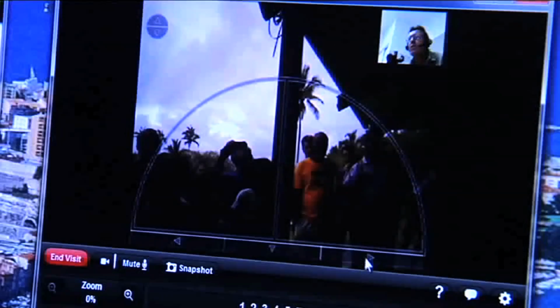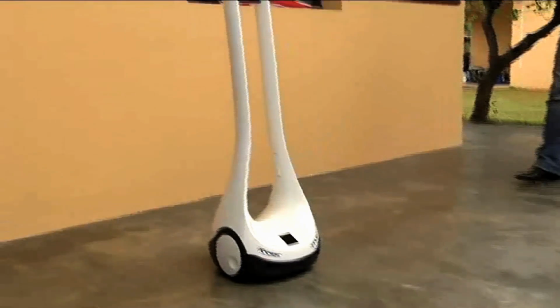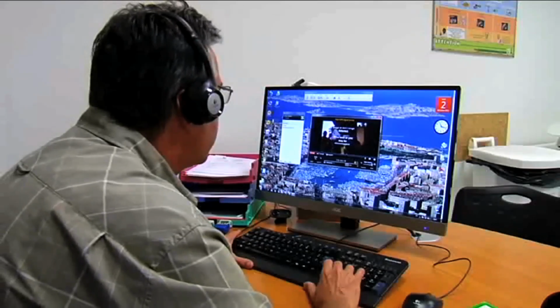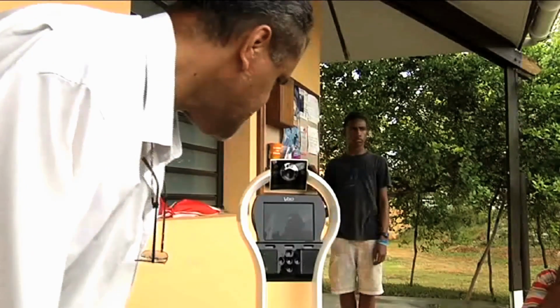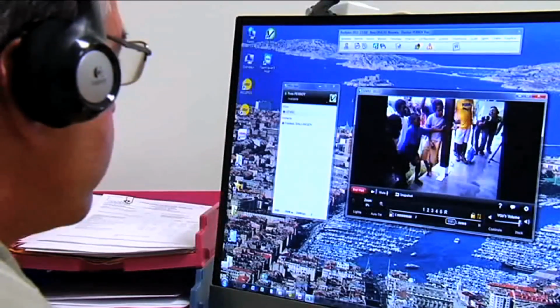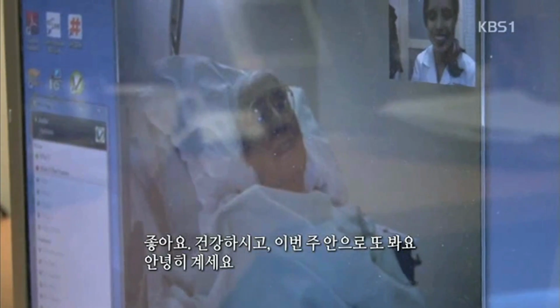Meet VGO, your body on wheels. VGO is a new generation communication robot that lets people work even if they're thousands of miles away from their workplace through telepresence. It was introduced in the UAE by Amana Healthcare, which runs medical and rehabilitation hospitals in Al Ain and Abu Dhabi. Patient monitoring is one of many ways VGO is being used by healthcare organizations to overcome